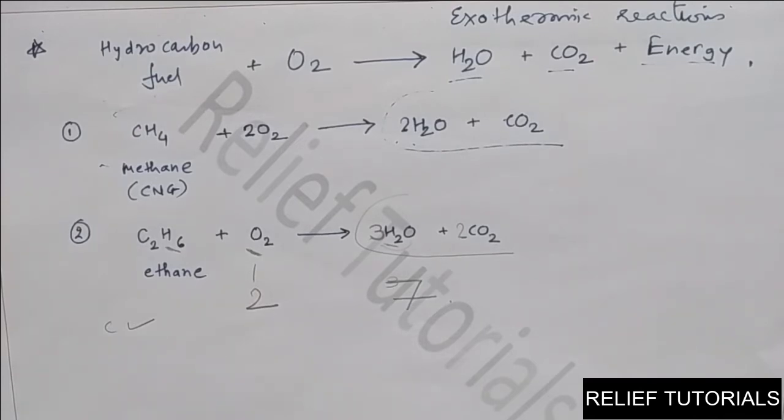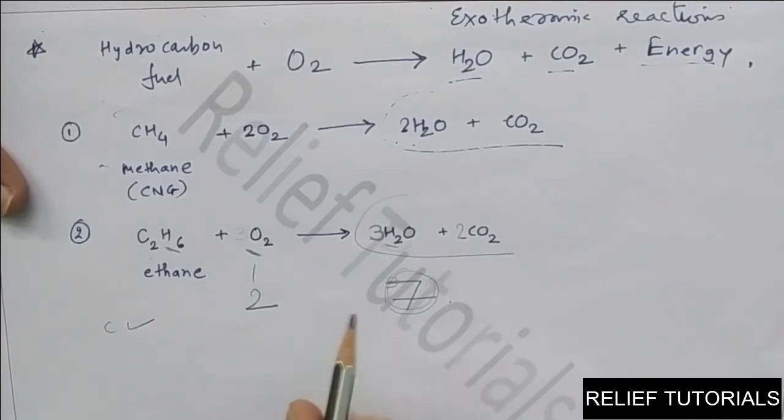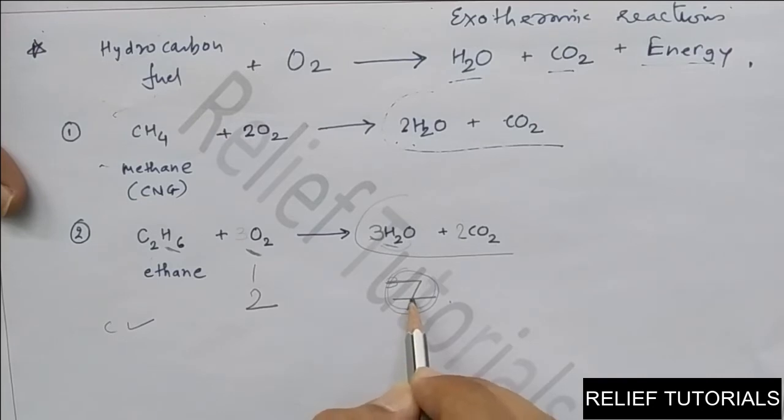So I think in the table of 2, there will be no odd number. If you write 3 here, it will be 6. If you write 4 here, it will be 8. But 7 will not be there. So for that, I think we have to make this number even. Let's suppose here is 7, you have to make it 8 or 10 or 12 or something like an even number. So if you try to make it even, how can you do that?